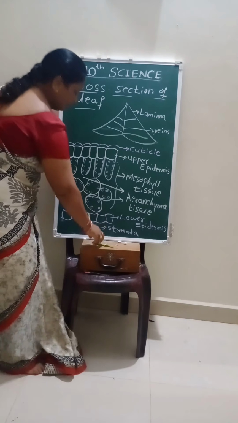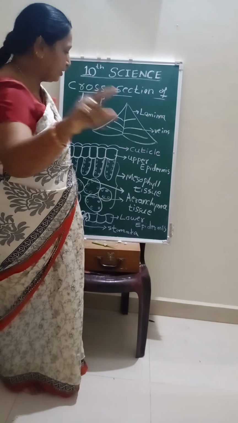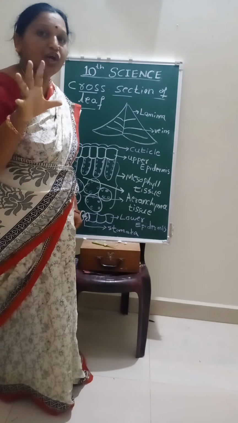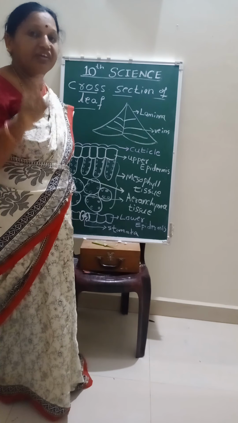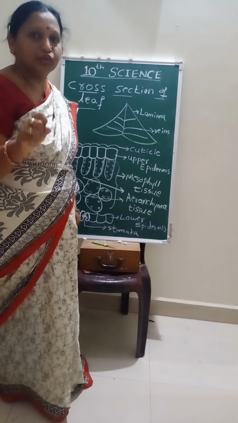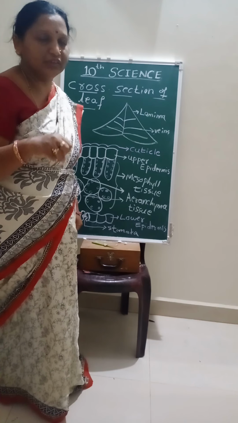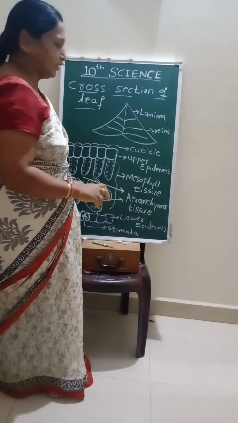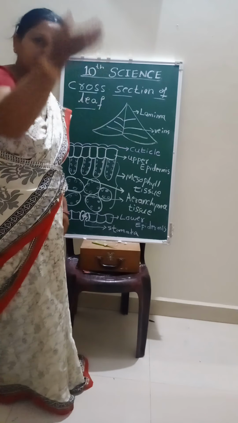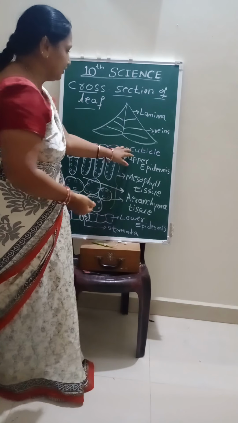The first is a cuticle. It is a lipid coating over the upper epidermis. It prevents the loss of water and also prevents decaying of aquatic leaf. In an aquatic plant, the cuticle helps to not decay. Decay means rotting, it prevents rotting. And it prevents the loss of water. It prevents the evaporation of water from the plant body. So as we put Vaseline, in that sense it is a cuticle.